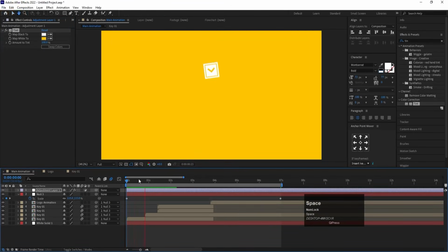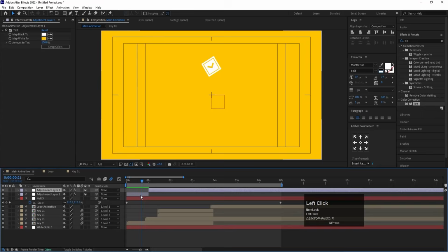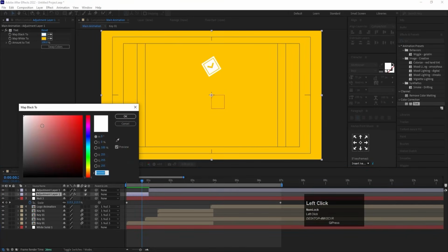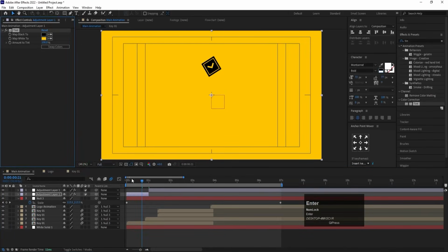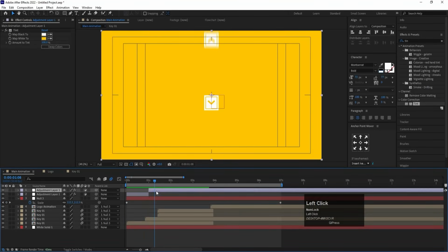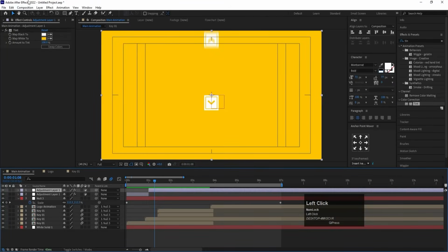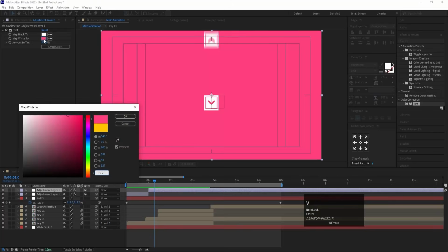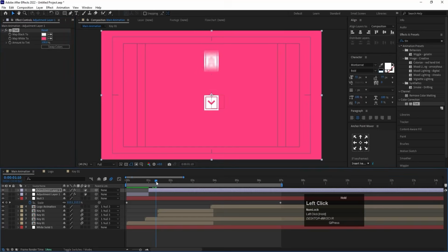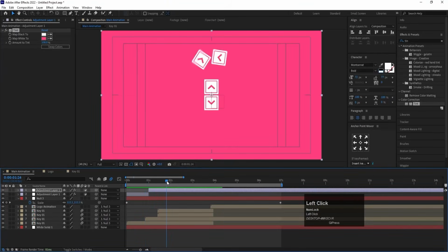Okay, so first I got this. And when this is coming downwards at this point, I'll select this and I'll press Ctrl Shift D to split this layer. If you want, instead of this, you can choose black color as well. Okay, and like this. Then somewhere at this point, I'm going to pick up this color. And for this adjustment layer, I'm going to pick up this color. Okay. And when this is striking this